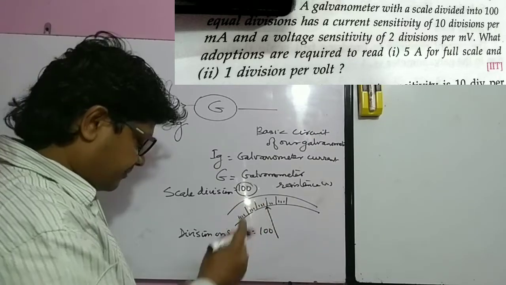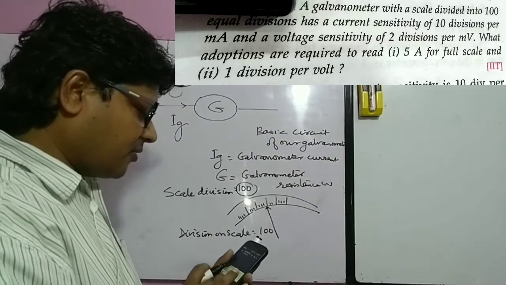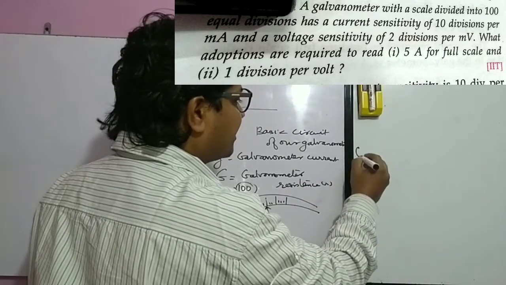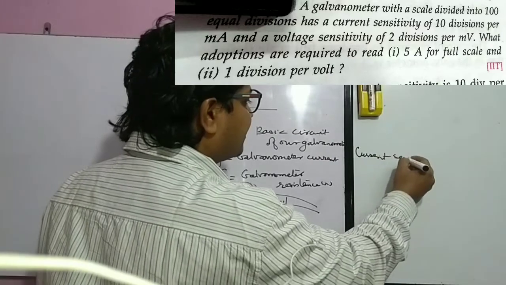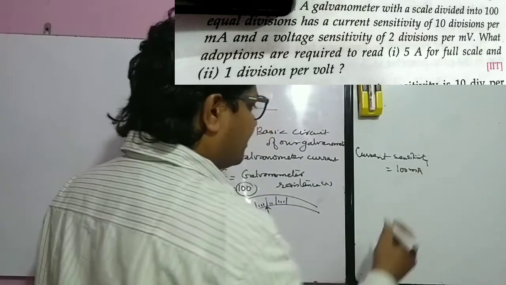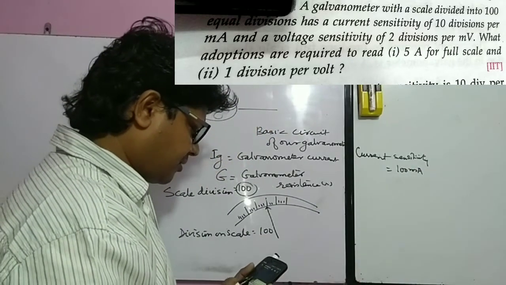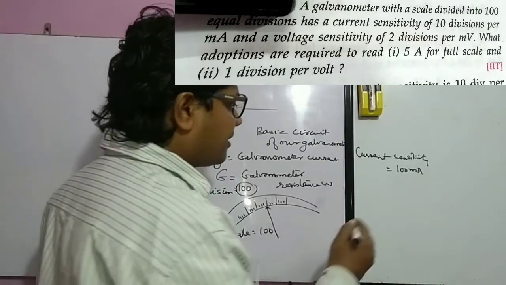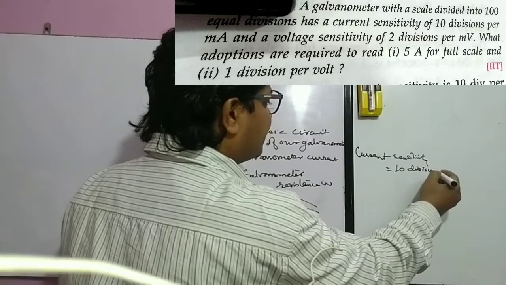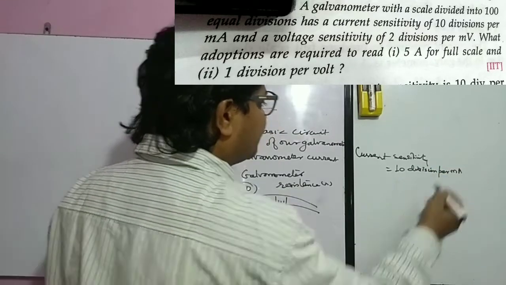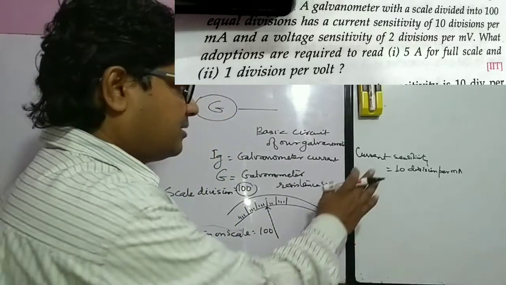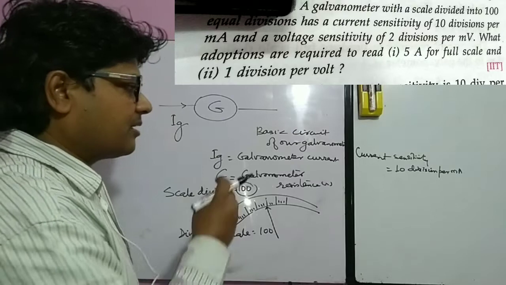will be equal to 100, for a current sensitivity of 10 divisions per milliampere. So it is indicating current sensitivity, 10 divisions per milliampere, right? So this is our current sensitivity. So how can we find out